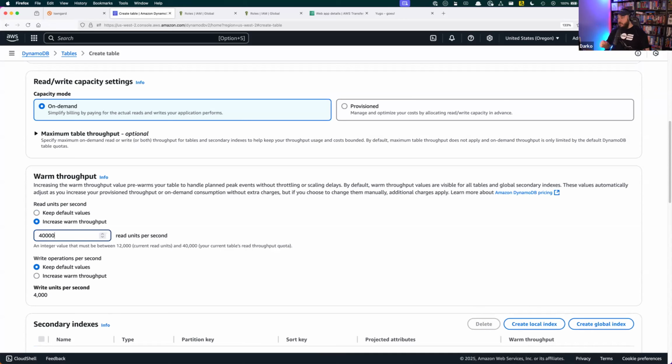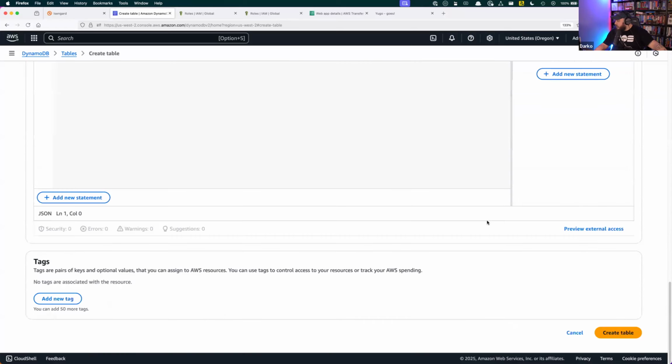So it's an ability for you to set this up and easily pre-warm your database indexes, just to make sure that your database can handle a potential spiky workload, even on the on-demand things. When you have an on-demand database and all of a sudden start hammering it, it will scale, but it may not be able to handle it, at least immediately. So keeping it pre-warmed is good. And it also exists for existing tables.